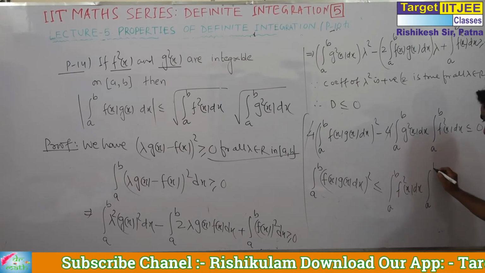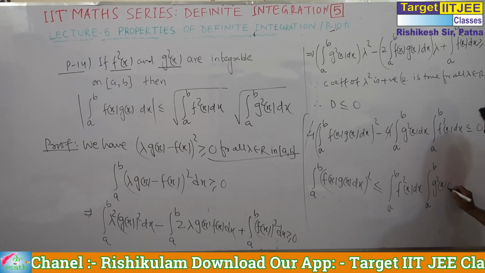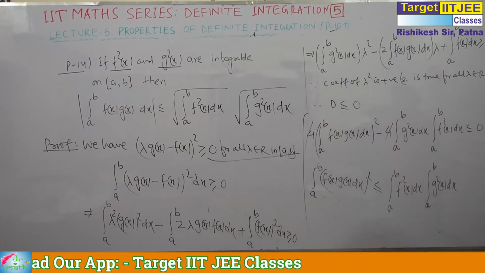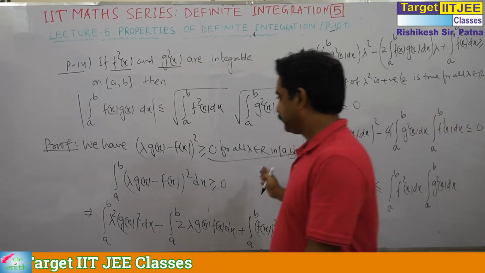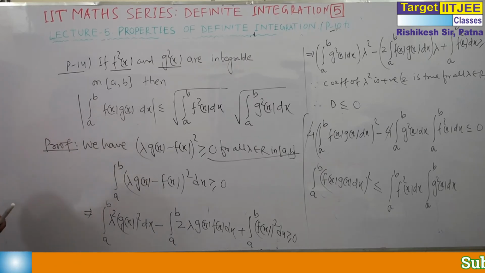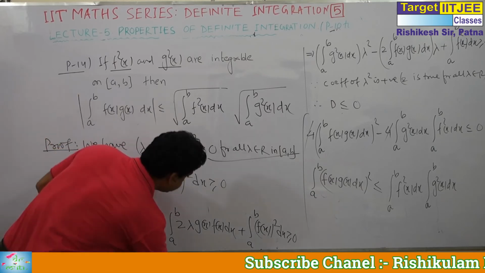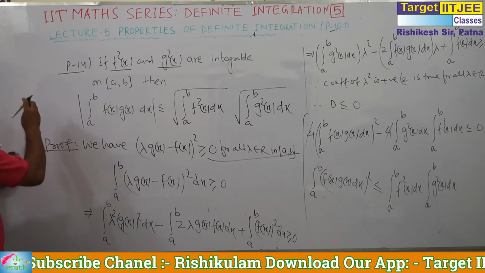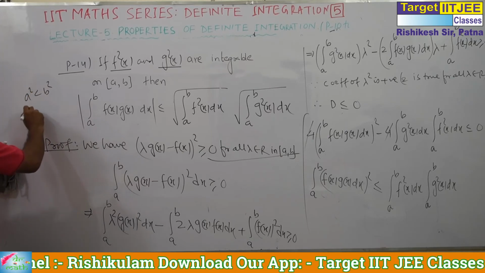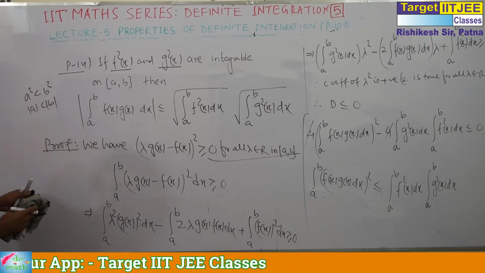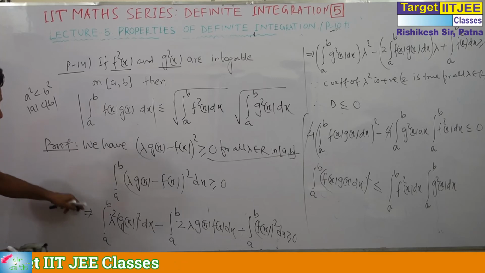the integral from a to b of g square x dx. Am I right on this one? Let me see. If you want to note it, you can note it. I think this is correct. Okay. Taking modulus, you can say, now this one: if a square is less than b square, then mod a is less than mod b. You can do this for positive quantities. So, if you want to, write down these steps.